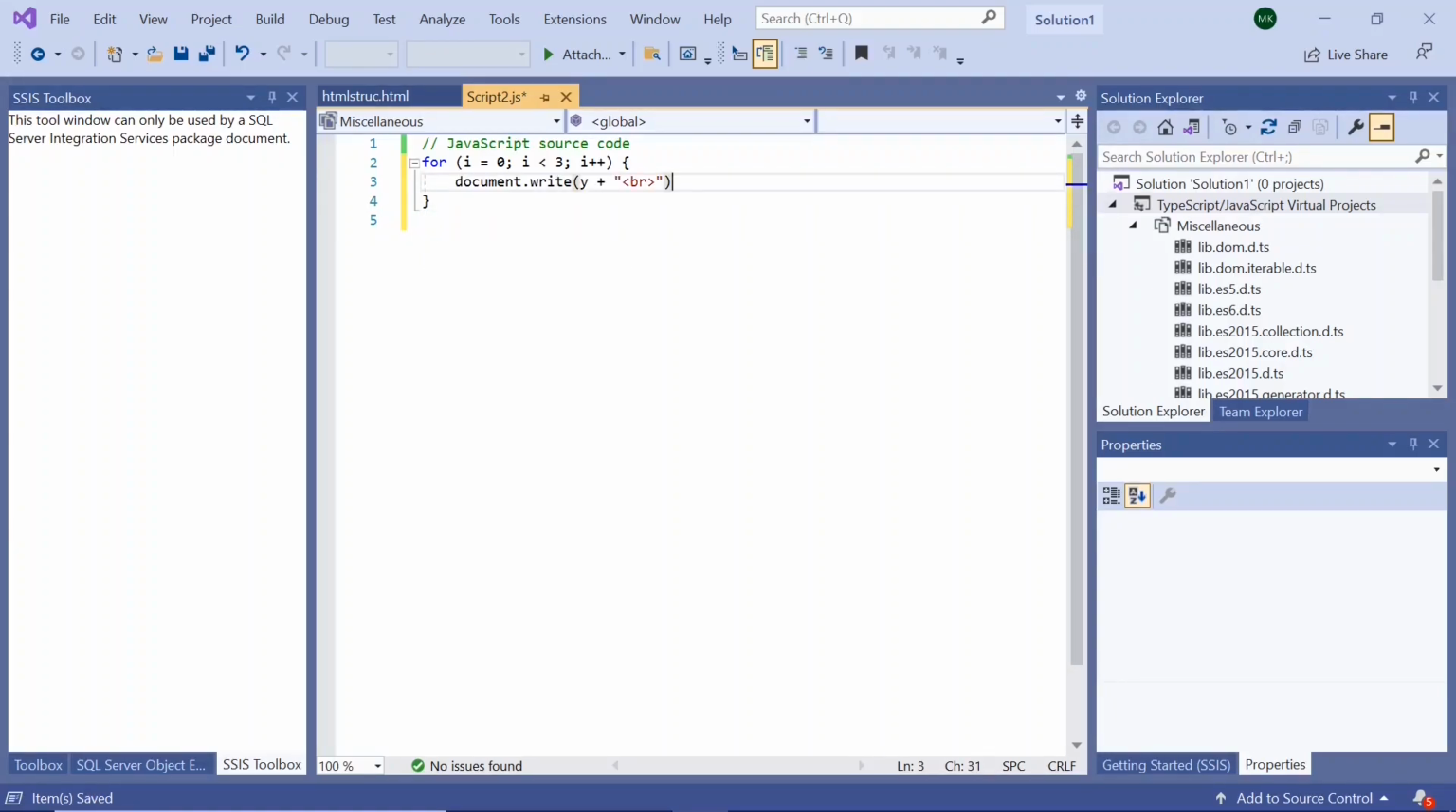For loop here, change it to i. For i is equal to 0, i is less than 3, i plus plus, document.write i. So this is a for loop. As long as i is less than 3, it will write the values of i, that is 0, 1,